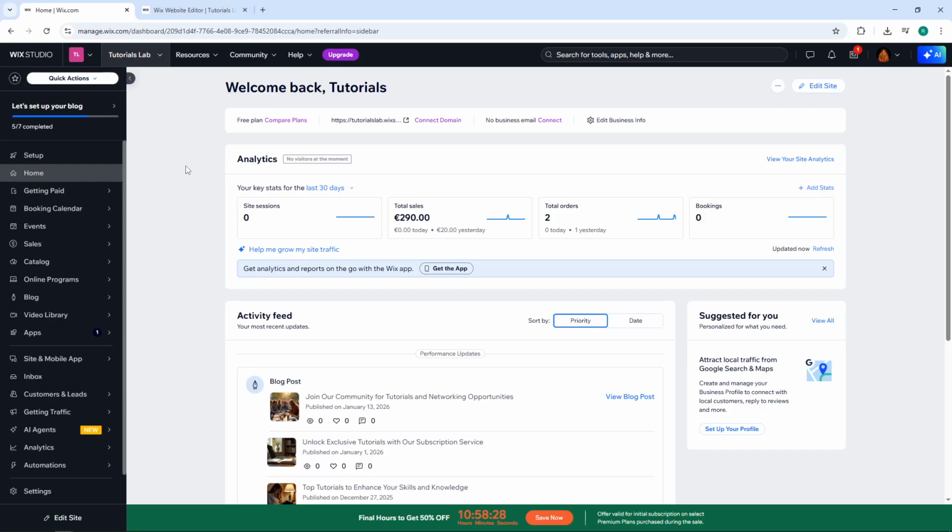Welcome back, everybody. Today I'm going to teach you how to add zip files on Wix. This is incredibly useful when you want to share downloadable resources, documents, or any compressed files directly from your website